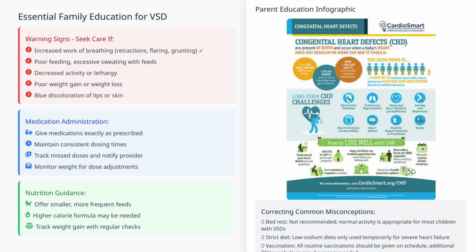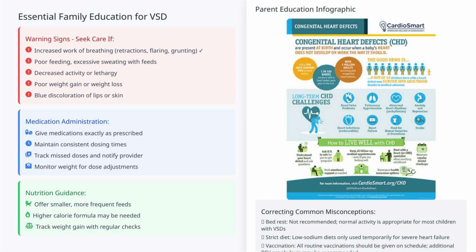The other options contain incorrect information. Strict bed rest is not necessary for children with VSDs and could actually impair normal development. Children should be allowed normal activity levels as tolerated. A low-sodium, low-fat diet is not routinely recommended for children with VSDs. While some sodium restriction might be temporarily advised in severe heart failure, indefinite dietary restrictions are unnecessary and could interfere